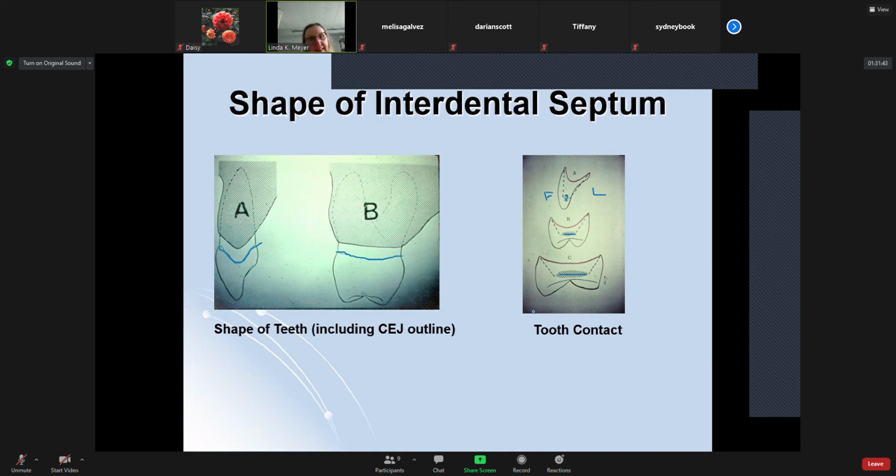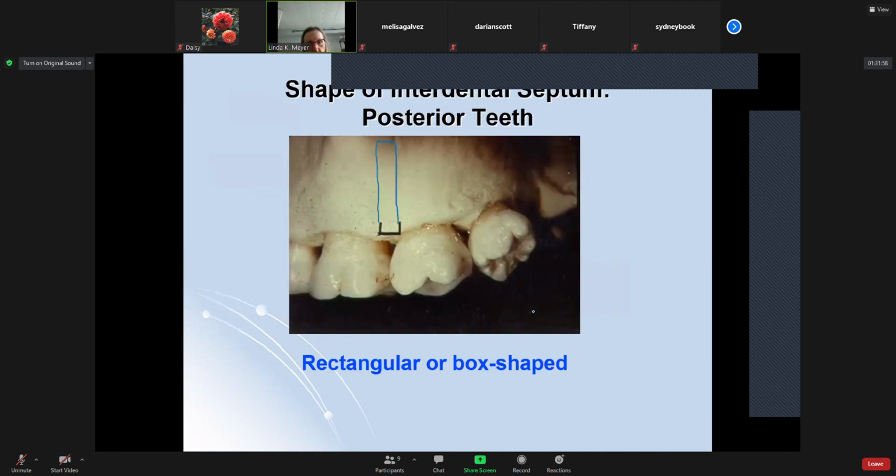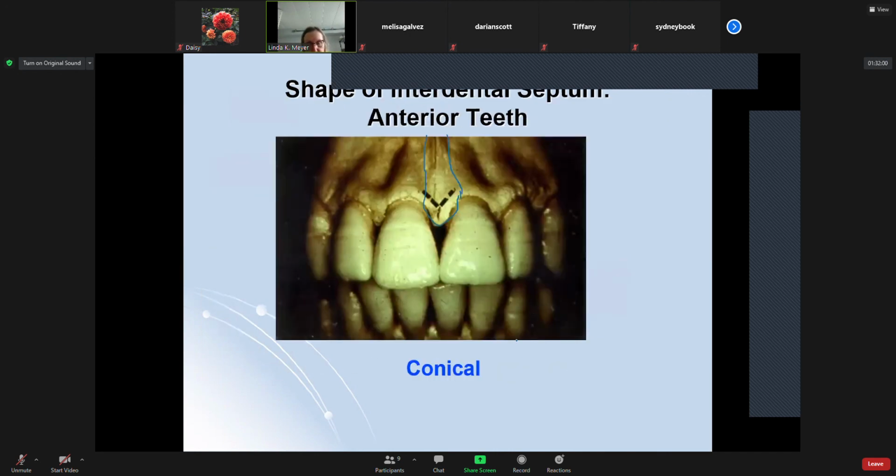So this is just illustrating how the shape of the teeth, including the CEJ outline and the tooth contact, impacts the shape of the interdental septum. On anterior, it's more conical. On posterior, it's more box shaped. So here, if you just go to this picture again, and I outline, here's my CEJ, notice how